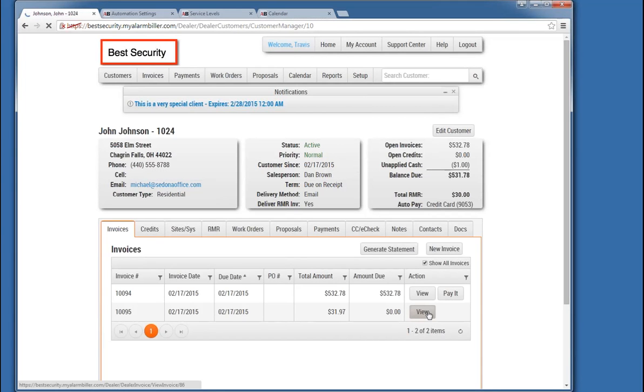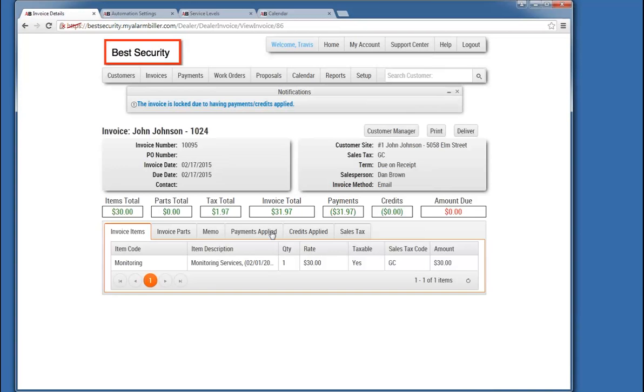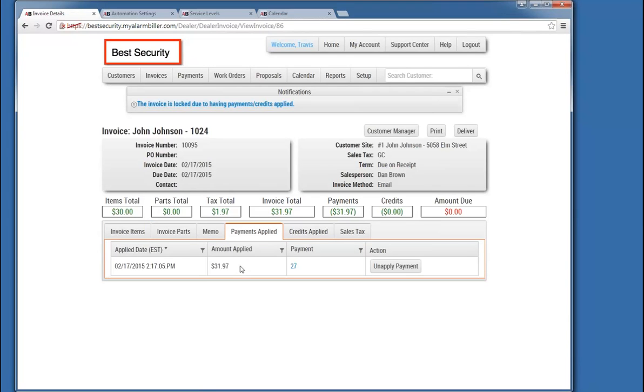If I click view, I can view that invoice, and I could see all the details on what that invoice was for, the monitoring services, and if I click on payments applied, I can see that this payment was applied today, and there it is. If I wanted to drill into the payment record, I could just click on the payment transaction number. If for some reason I wanted to unapply it, I could just click unapply and unapply that payment as well. Okay, you'll notice it says the invoice is locked due to having payments credits applied. Once a payment or credit is applied to an invoice, it's automatically locked, and that means you cannot